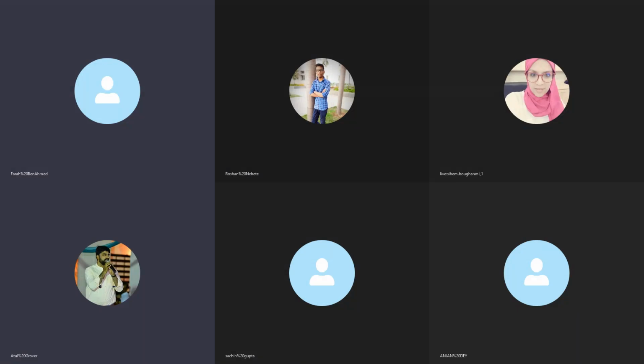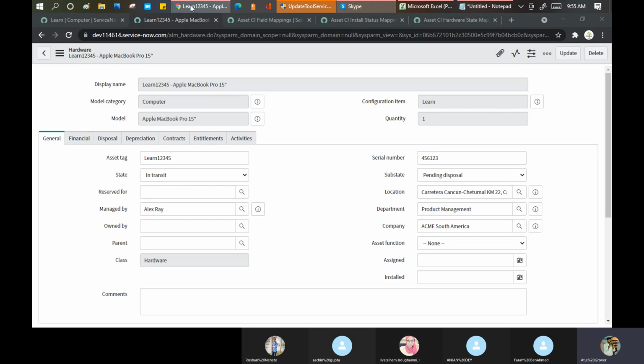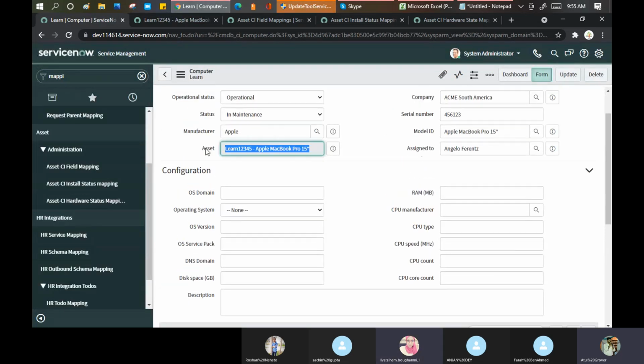So what we are discussing specifically in today's class is the CMDB model, and how you can design your CMDB. On the top you have a business service, then an application service, then the components. In the component, we created a computer as a CI. When we created a computer as a CI, we saw that my asset was created automatically.